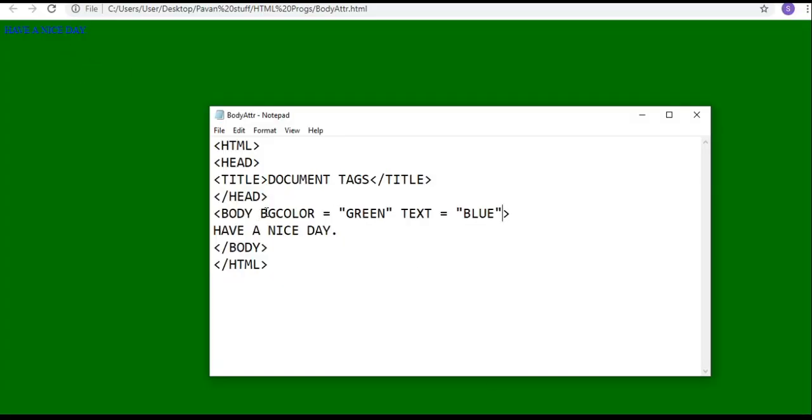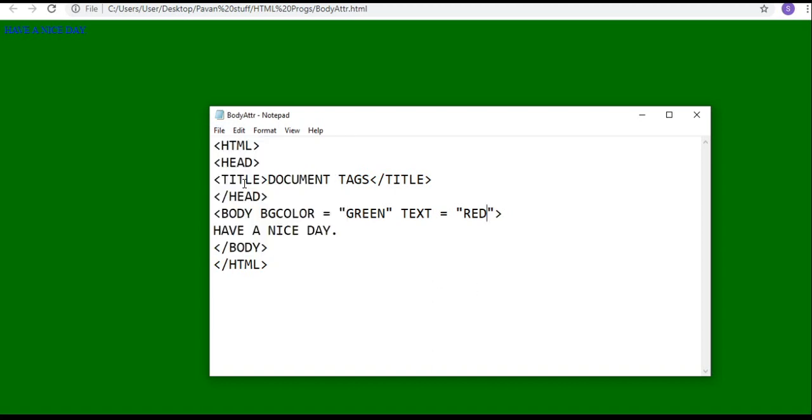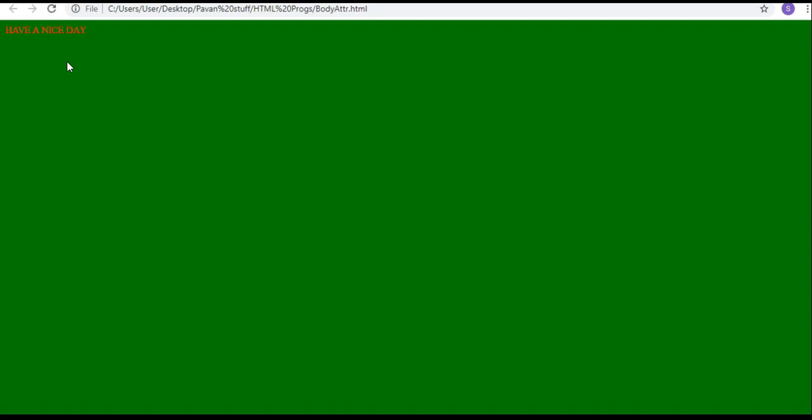Now observe. BG color means background color. Background color is green and the text color is blue. So I want the text in red color. So remove that blue and make it red. Save the program and try to refresh it. It is in red color.